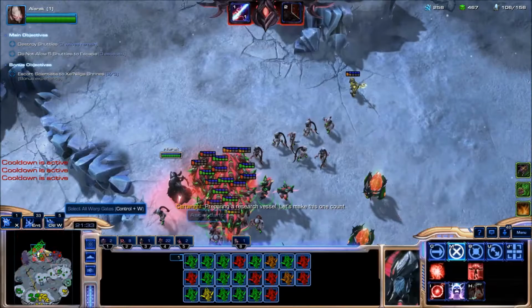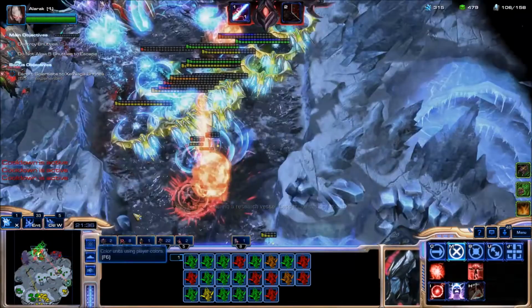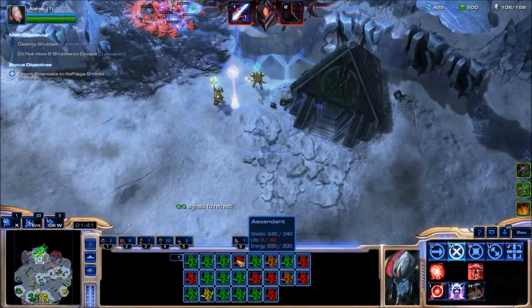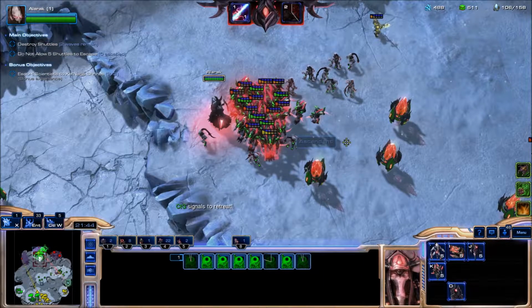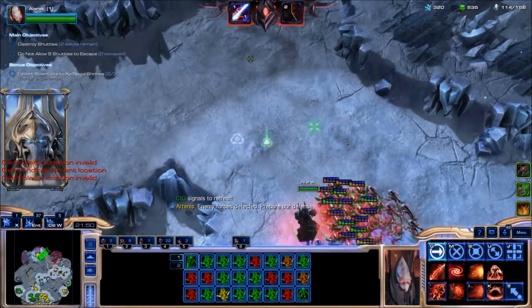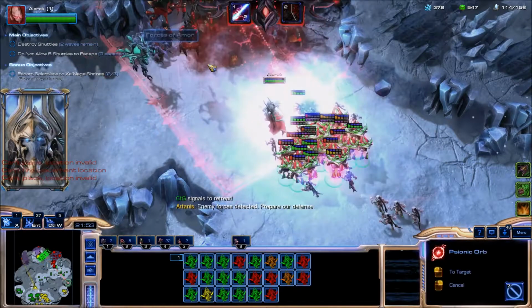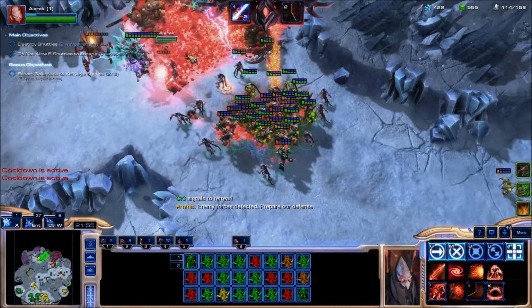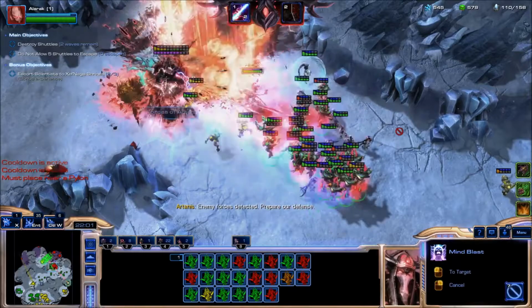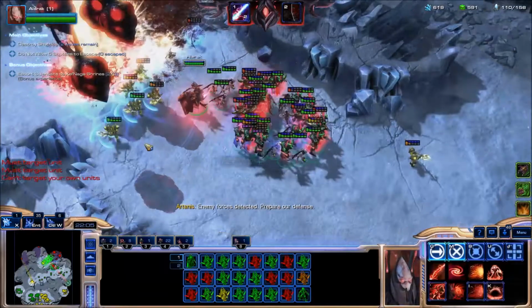There we go. Alright, looks like my ally is going to be engaged here. I don't think that's a good fight. Tempests attack very slowly, and they're going to be splashed on. I don't think that's a very efficient fight. You'll have to pull back from there if you want to keep your army alive. Anyway, let's handle this wave here. Spam the Sonic orbs into all the...